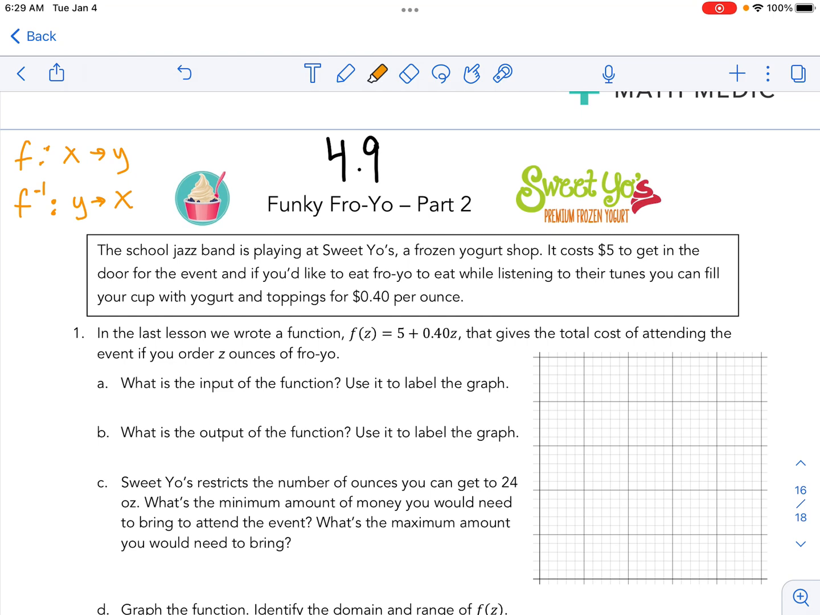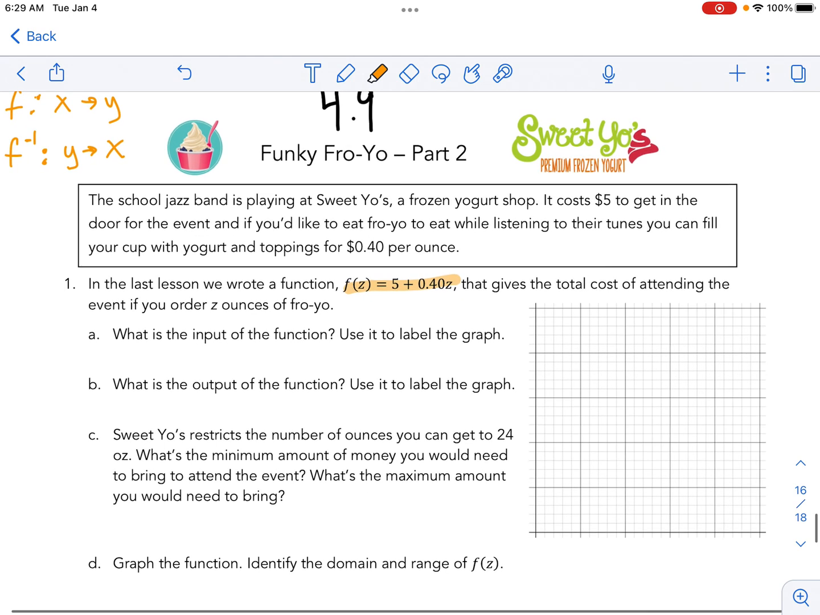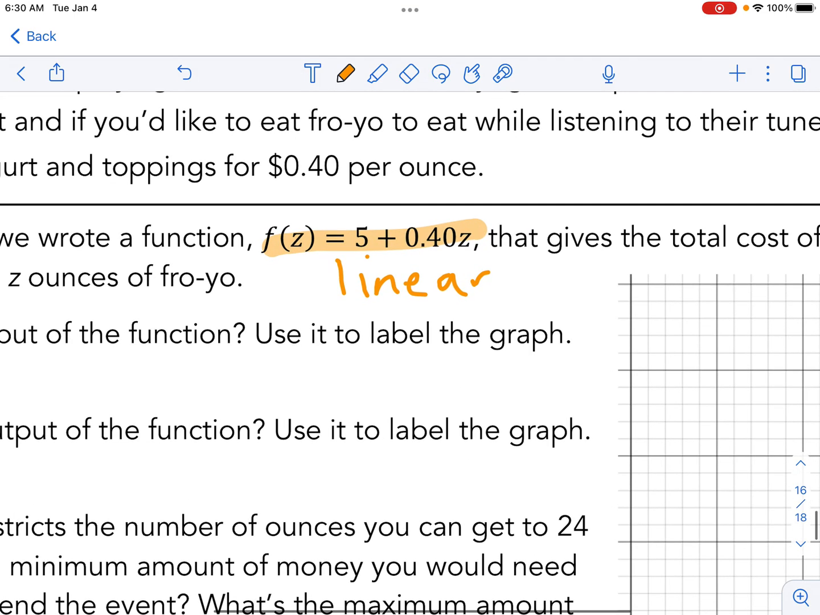So if you notice, we're talking about the frozen yogurt stand again. Here is the cost it would cost you to go listen to the jazz band and purchase some yogurt when they were playing there. Since we're graphing here, let's go back for a quick graphing review. This is linear. It looks like y equals mx plus b, but it's actually written as b plus mx